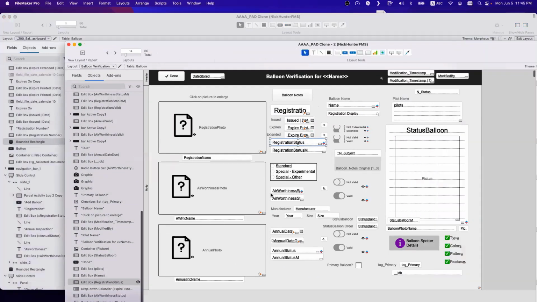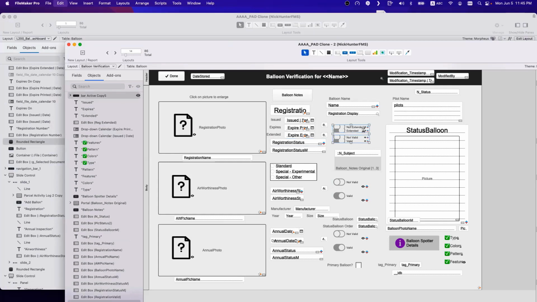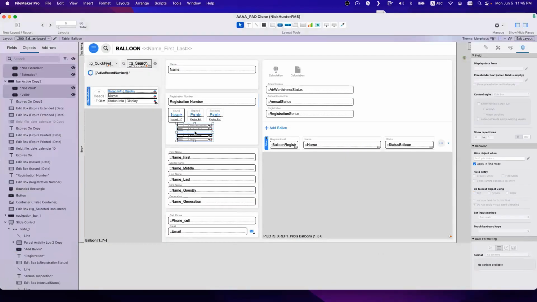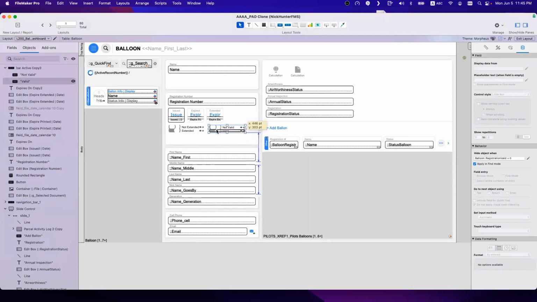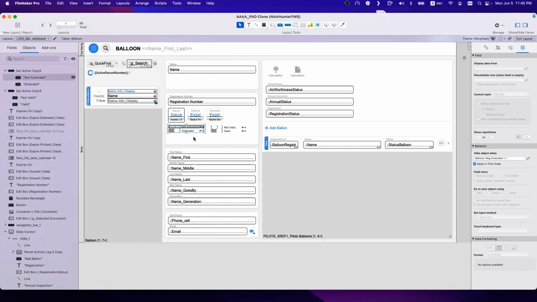So where? They're the two toggles to the right of that. This extended, this not one? Extended. Yeah, those two. Okay. So we have those two, right? Yep. I'd reverse them, but that's okay. What do you mean? Put the valid on the left and the extended on the right. Yeah, there you go. Okay. So I'm not changing this, but